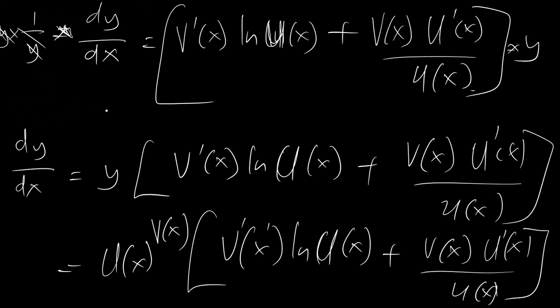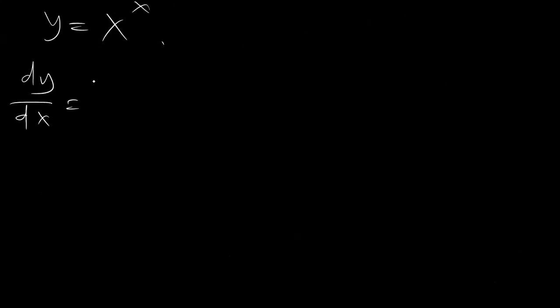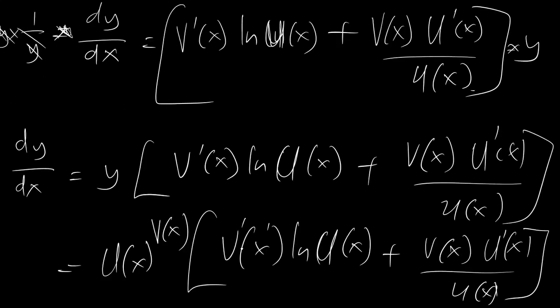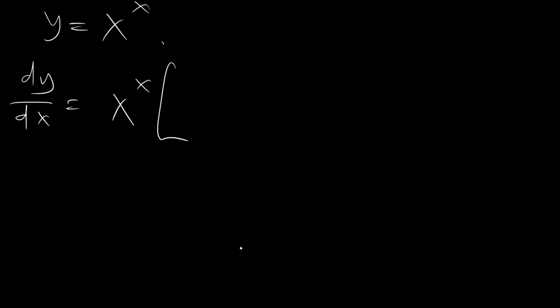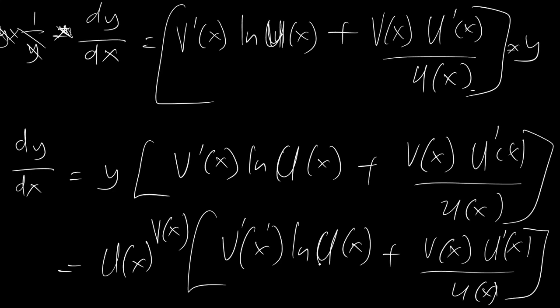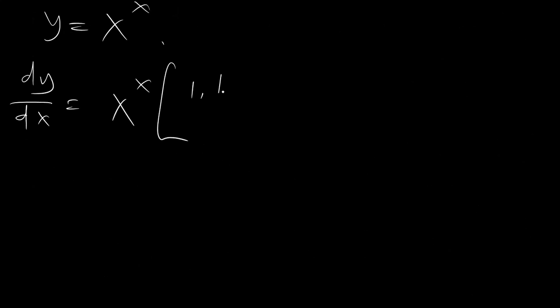Now that means, let's say we have x to the power x. We are asked to find the derivative of it. So using that expression there, you have y, which is x to the power x, into the derivative of v, which is x, that is 1, times ln of v, which is ln of x,